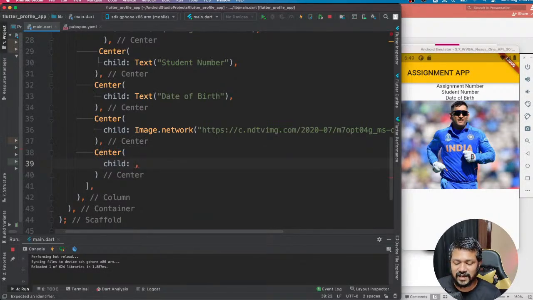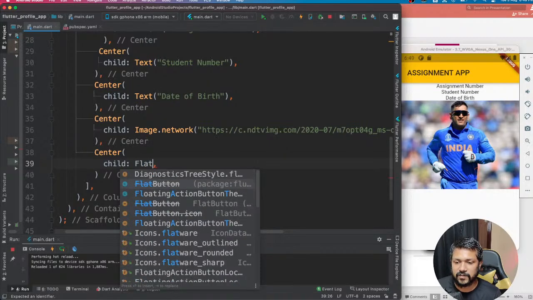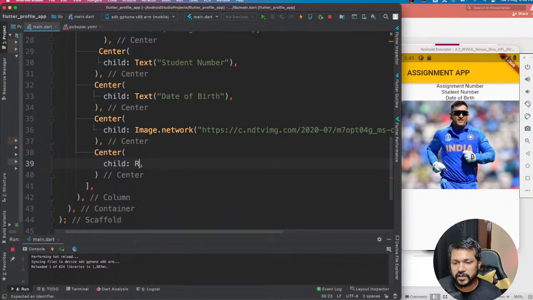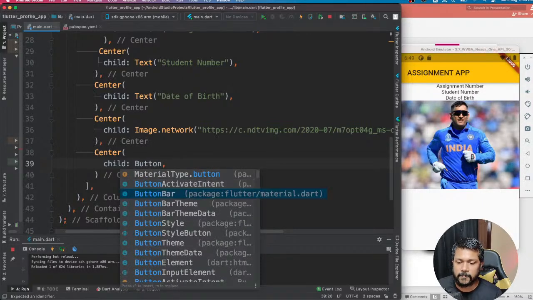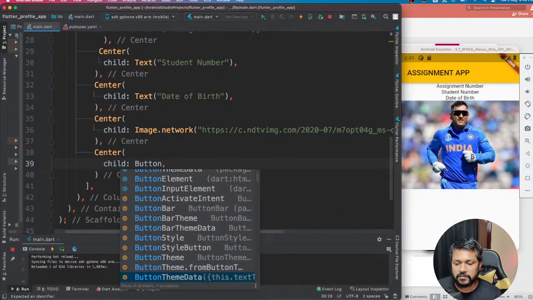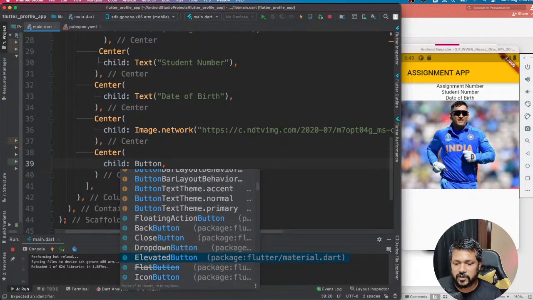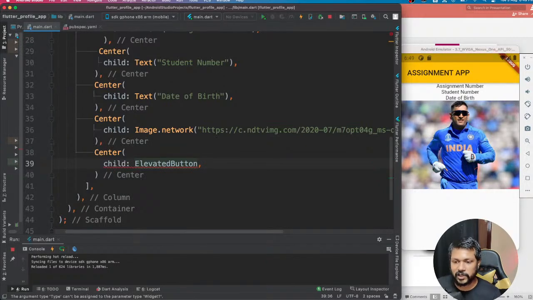So I'll just call it probably a FlatButton, or FlatButton is not there. RaisedButton, RaisedButton is also not there. So a button, you can have any kind of a button, but let me find closed button, drop down button, elevated button. All right, ElevatedButton is what I want. Now if I go to ElevatedButton,